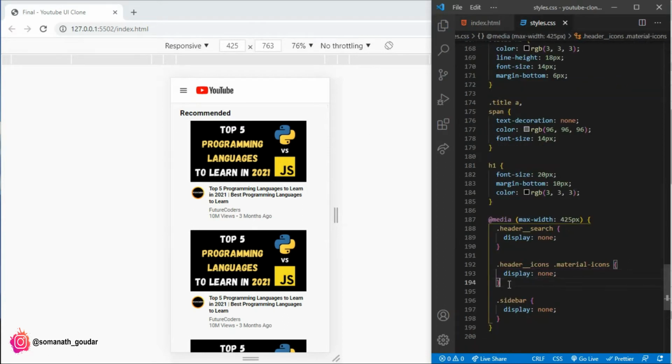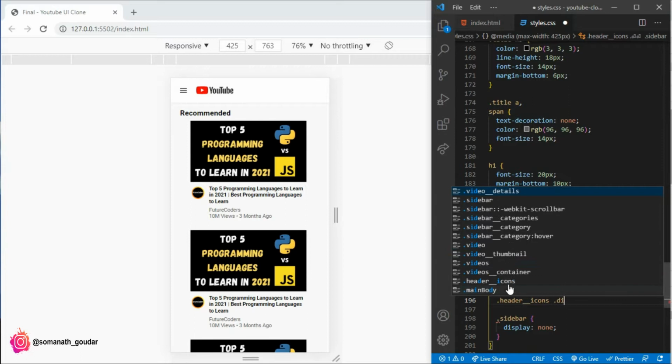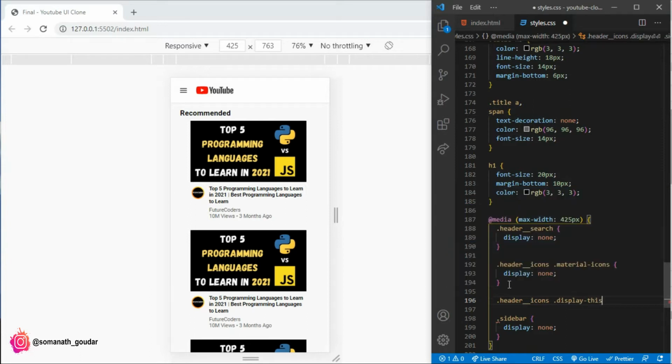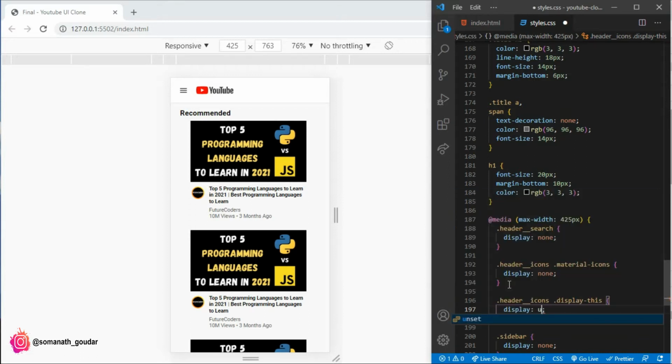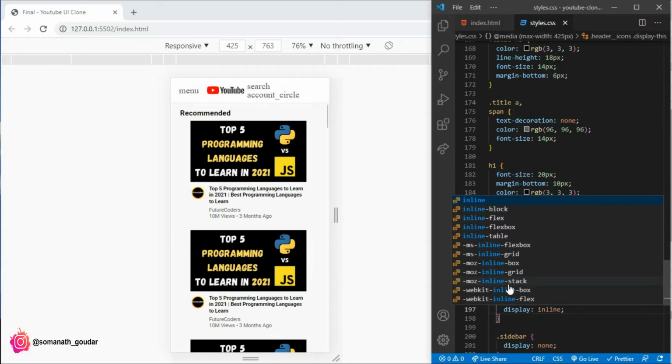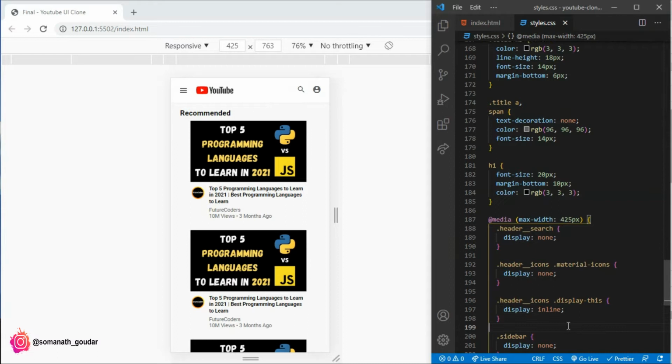Now I'm just going to target those having the class name display this. I'm just going to say display inline. Let's save and check. As you can see, there are our icons.